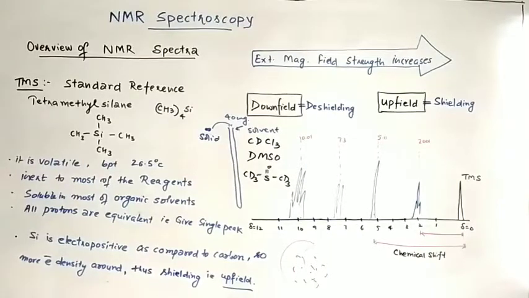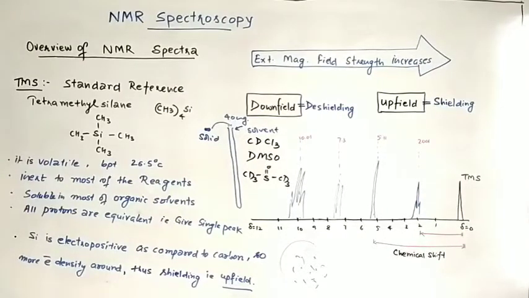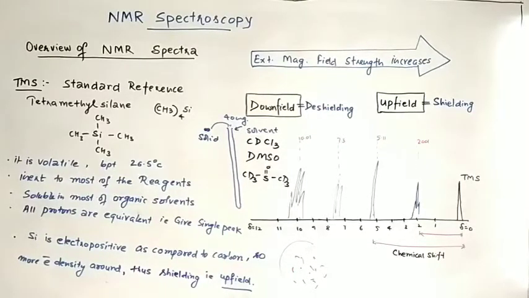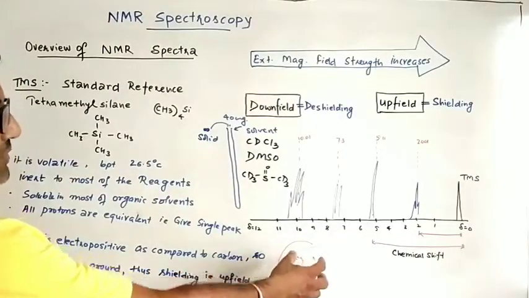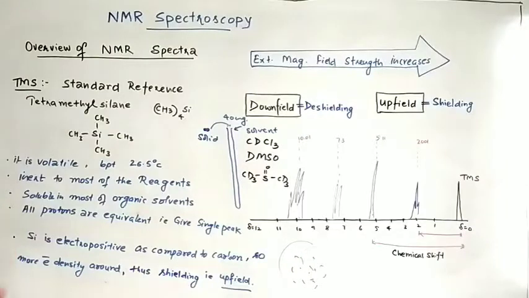Why some flip at higher field and why some flip at lower field, we will discuss after we discuss equivalent or non-equivalent protons. Then there are some factors which affect these upfield and downfield shifts, which we will discuss, and the inductive effect is one of them. So in an organic compound whose structure we are going to find, they contain a large